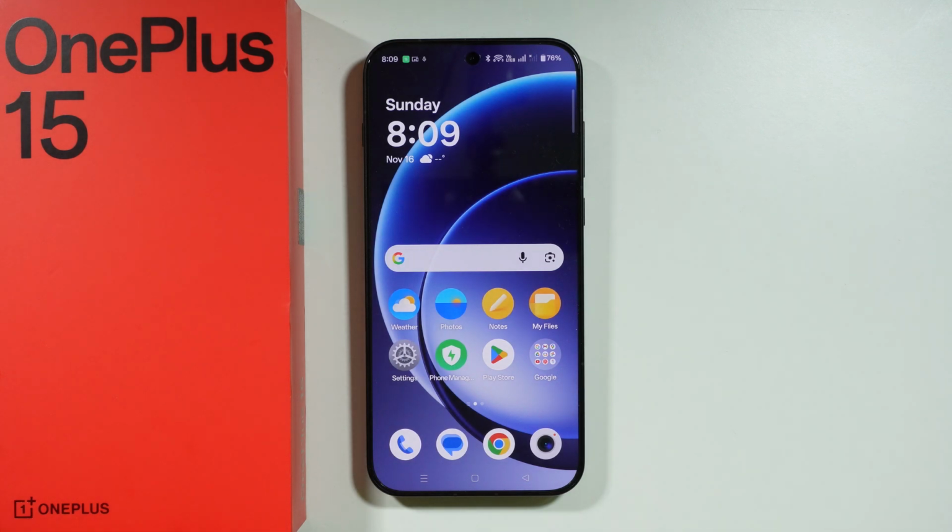If you are wondering if we have 120 Hz screen on OnePlus 15, then the answer is no. In fact, we have more than that. We have 165 Hz display refresh rate on OnePlus 15. However, what is quite interesting is that many apps are actually limited to 120 Hz and some are actually limited